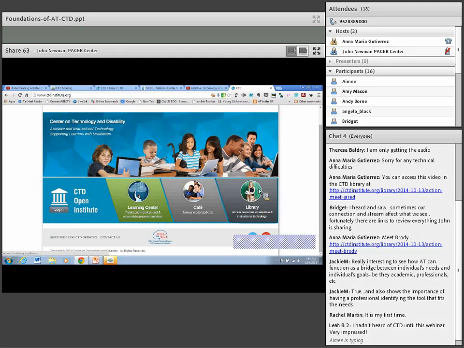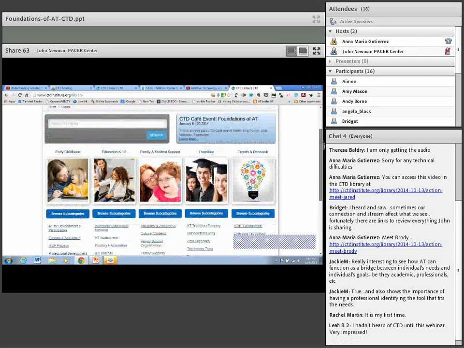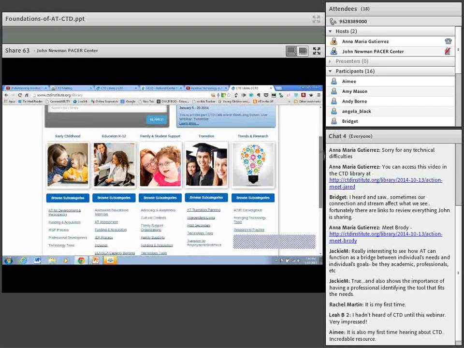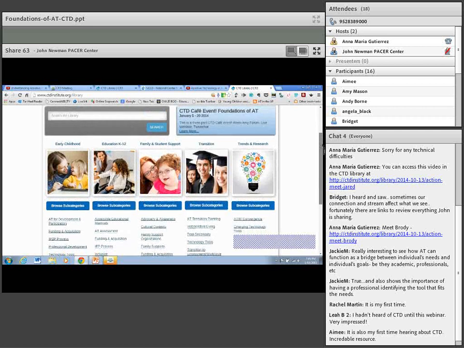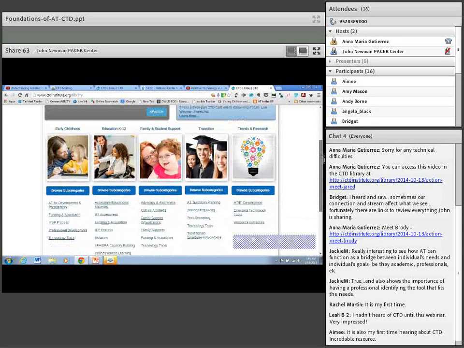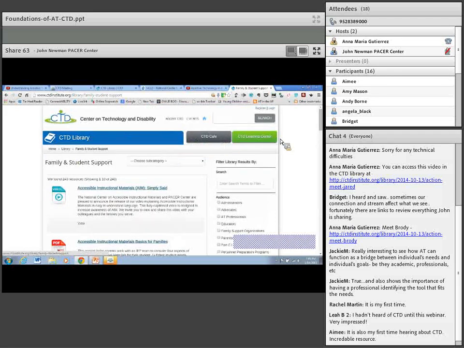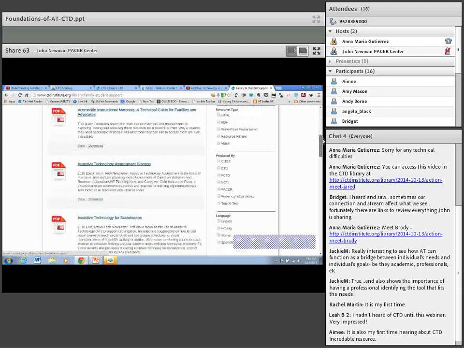And last but not least, I think one that's a perfect resource for folks that are new to AT is this library. So I'll walk you through how to use our library here. When you open up the library, we really tried to work hard. We had a lot of content, and we've organized it by topics here. So even if you don't know what your searches are, you can still use this and find some great information. If you're a family, for instance, you can go into family and student support,